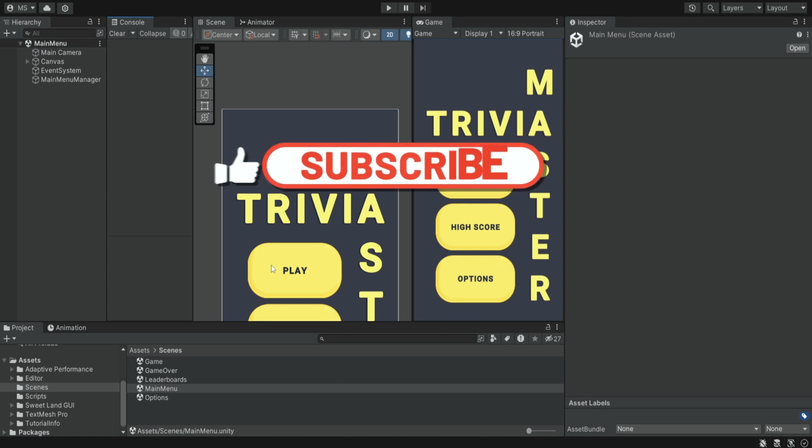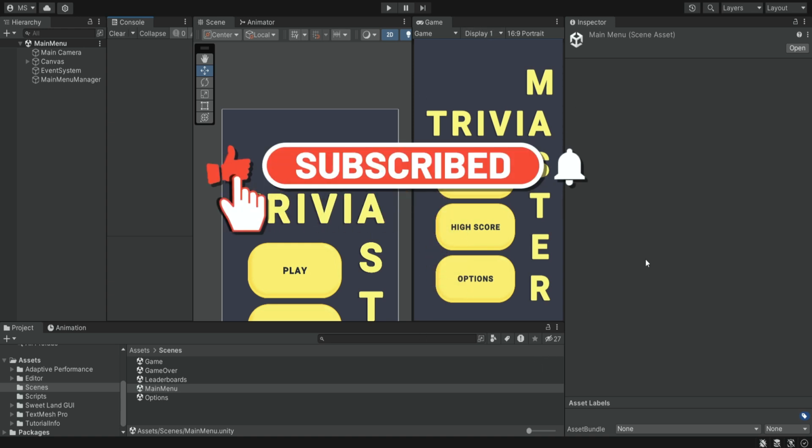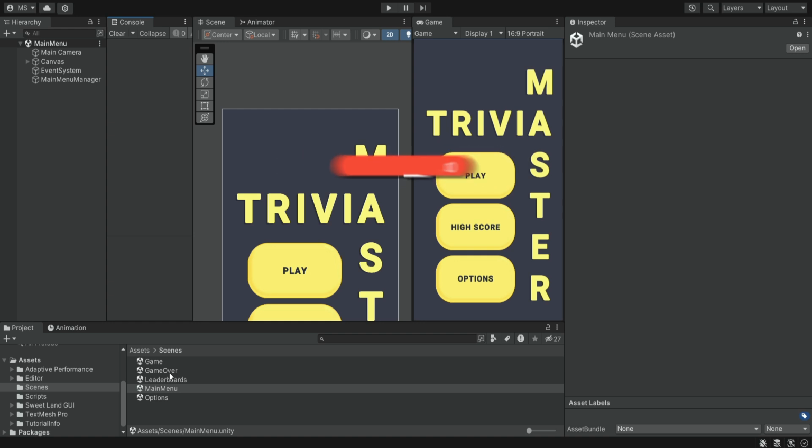Now we have our main game, we have the main menu, we have the game over screen, but we still have no connection to the outside world. Because if we want to go to the leaderboard screen and display all the scores for the different users, we need to be able to save this data online, and then each device will be able to send its own score and basically retrieve all the scores of the other players and display it over here in the high score